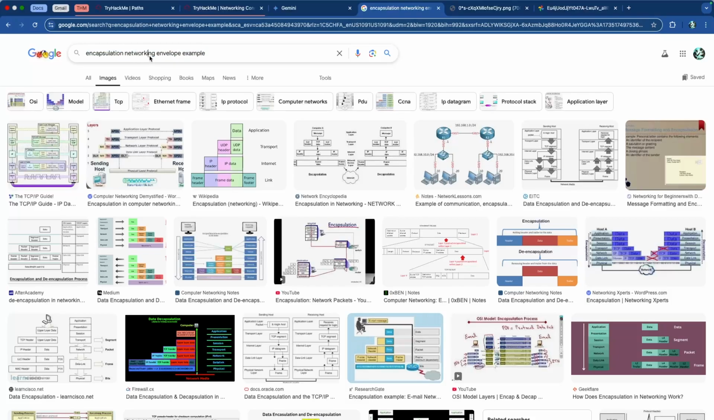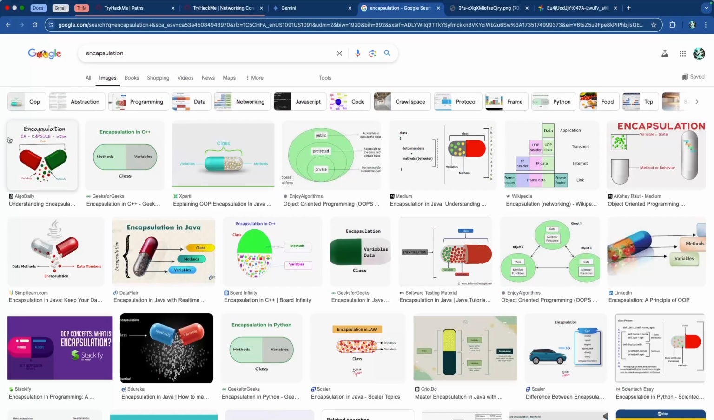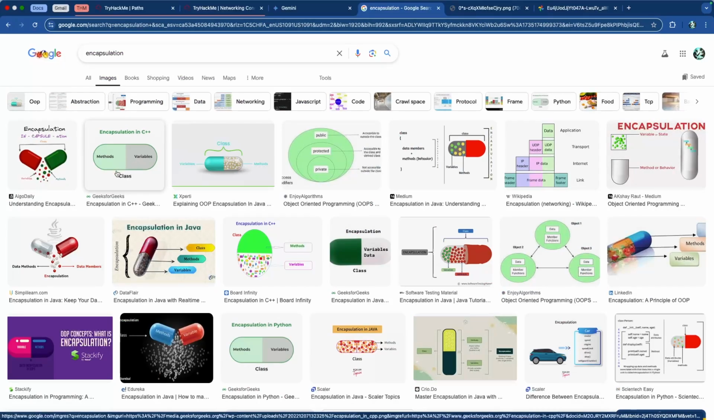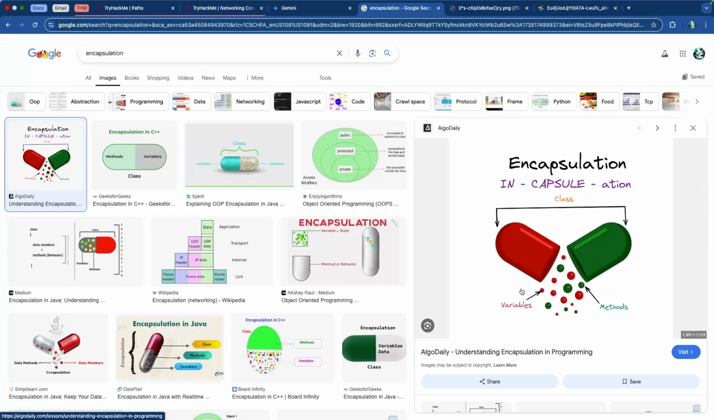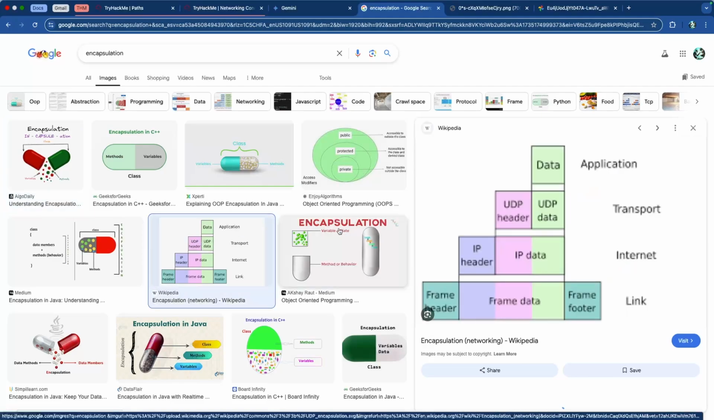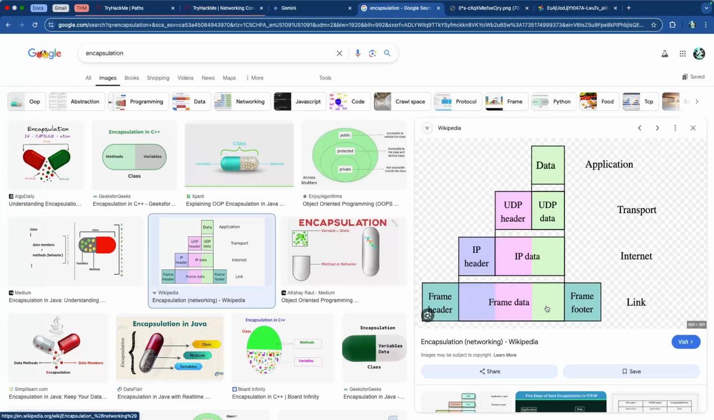But one of the best ways to actually think about it is what the term encapsulation really means in general. Encapsulation in general means you take something and you put it inside of a capsule. A programming example is where they're taking variables and methods and putting them inside of the capsule to create a class, okay? But in general, this is the networking example where you have the actual data, and then on the link